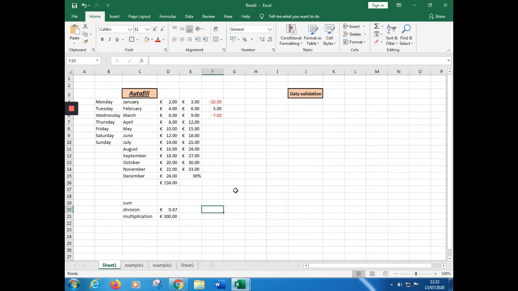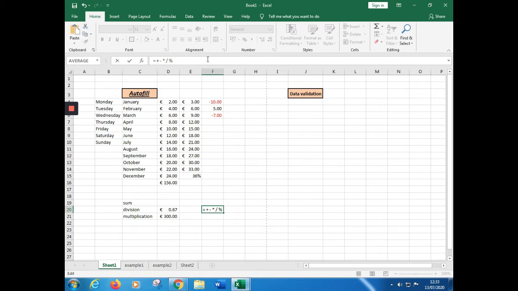Before doing anything, we need to know some of the symbols that we might look for. The equal symbol is very important. We might need symbols such as sum or addition, a subtraction like a minus symbol too. We might also need multiplication, which is this asterisk. We might also need this division symbol, which is the slash,